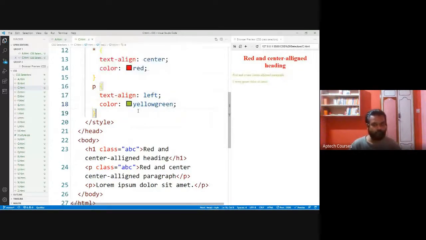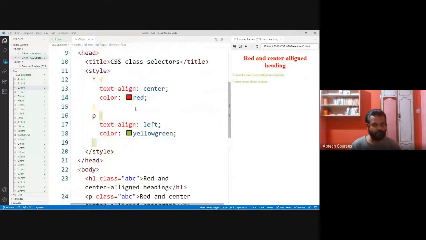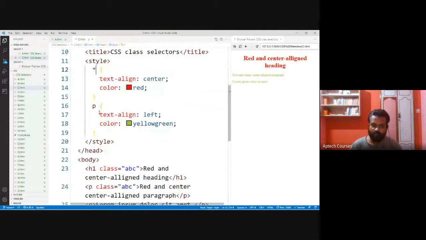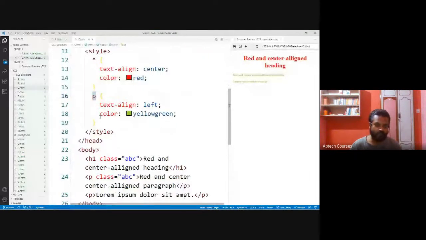See here, even though we have universal selector, in the sense it is going to select all the elements, here we have simple selector. What is that? Name. By using the name of the element, the paragraph element. Now this is internal CSS.